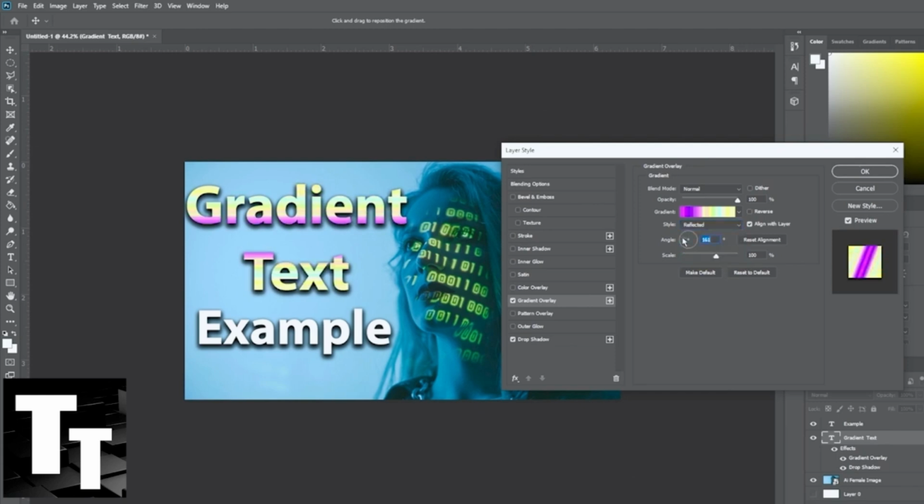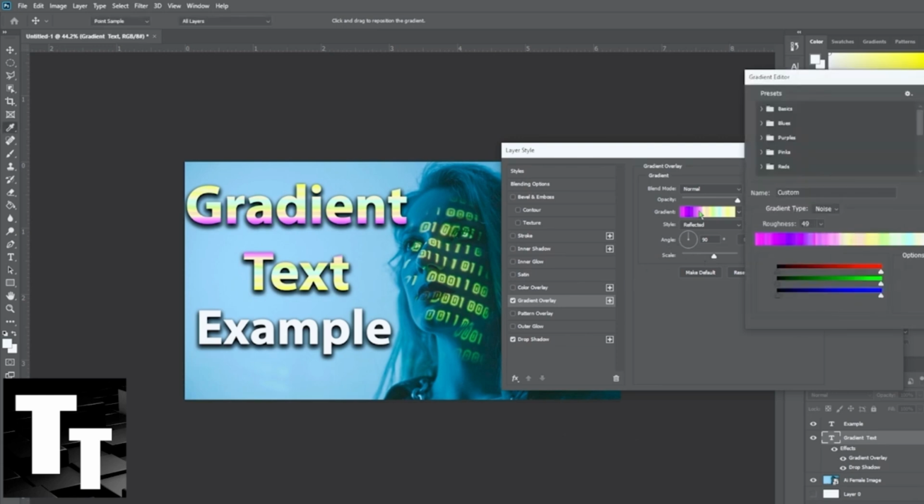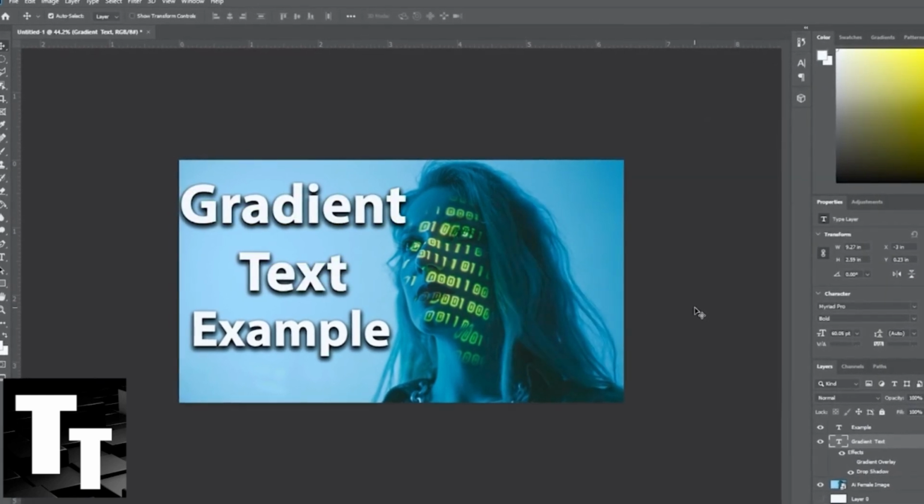And now as you can see, you can choose the angle of the gradients on your text, and you can even scale in and scale out of the effect. And now if you want to be more precise, click on gradients. A bonus tip and trick is that if you want to add a gradient, click on your keyboard